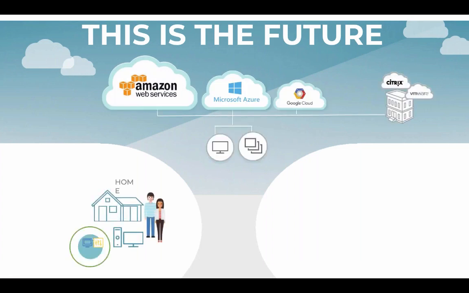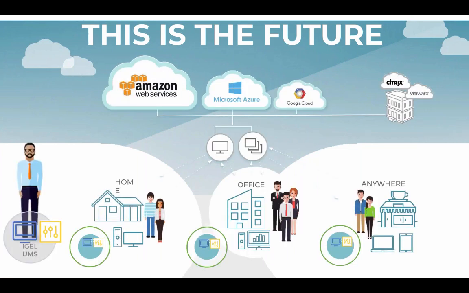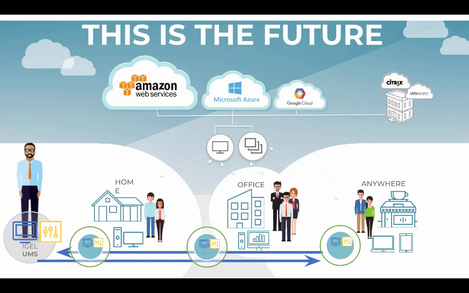And we see the future as, I think, pretty obvious to almost anyone today. The future is we're going to have these clouds out there, and there's going to be a few major ones: Amazon, Microsoft, Google. In these clouds they're going to have services, of course, but also things like legacy desktops and applications, not just SaaS ones, but also traditional ones, right? Of course, we're going to have Citrix and Microsoft out there too, and VMware. They're not going anywhere. It's going to be this hybrid world of cloudy and distributed everything, right? And then we have the end users, and they're going to be in different places, their homes, their office.